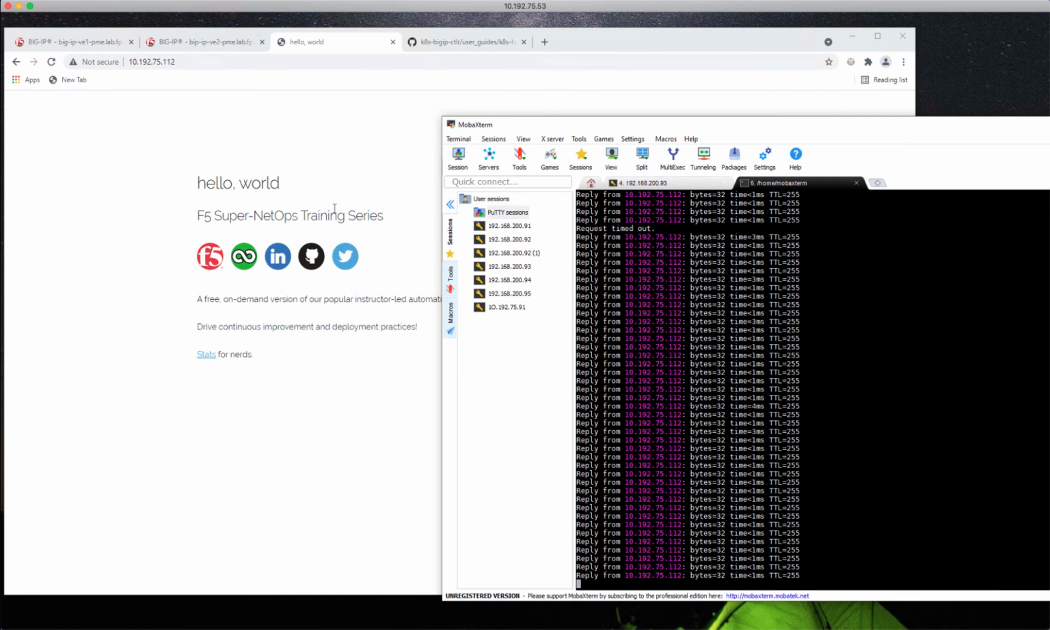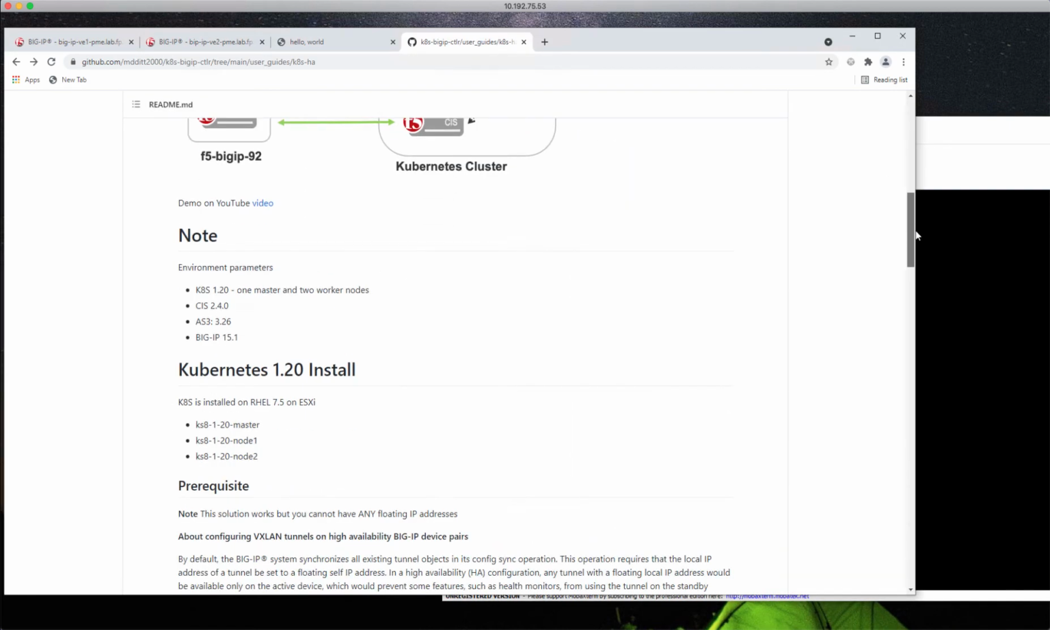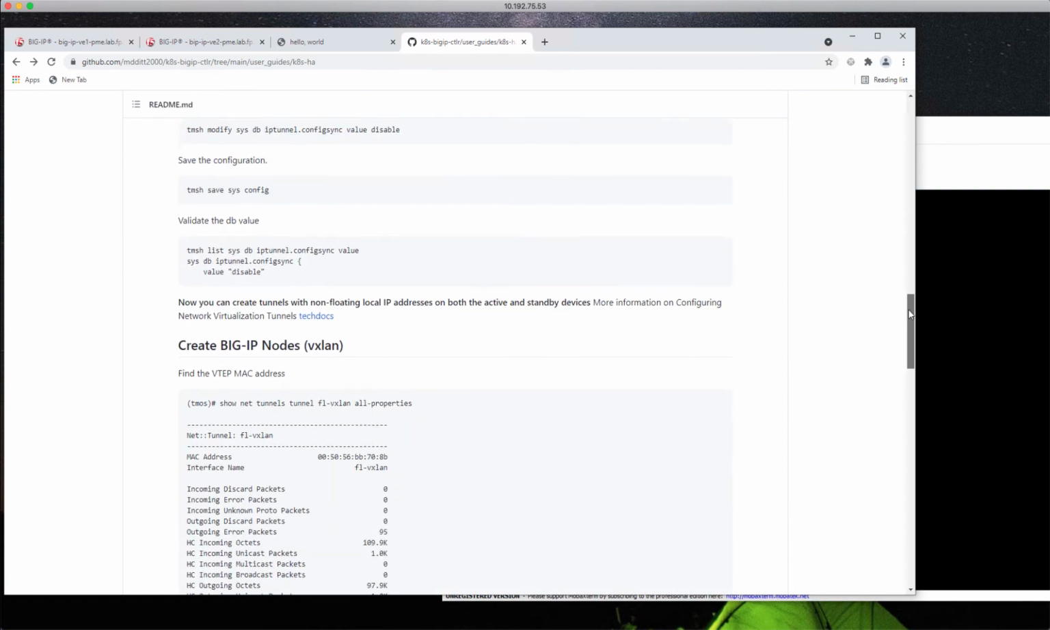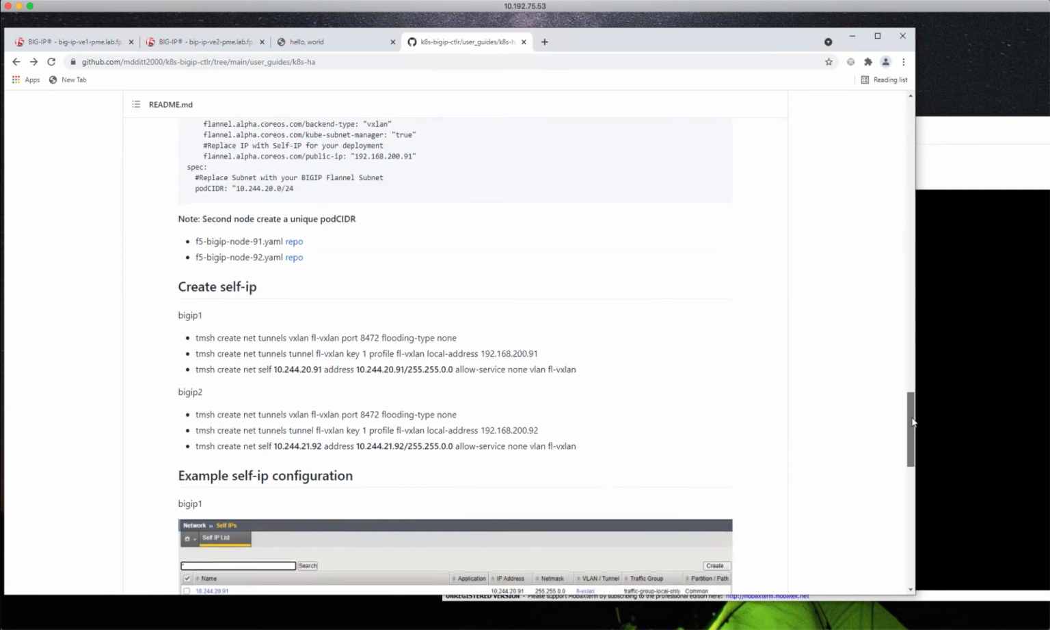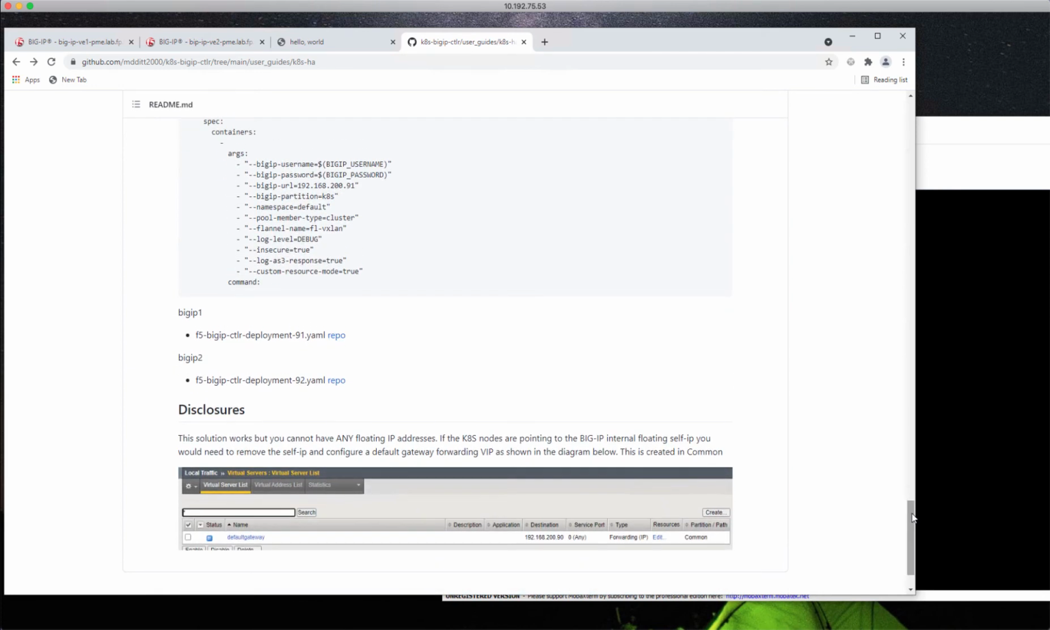What's really important here, when you follow my user guide, there are a couple of caveats at the bottom, and I want to share the caveat with this solution. So it's very important, the disclosure. So the solution only works if there's no floating addresses. So what does that mean? That means that traditionally in a BIG-IP HA cluster, we create a floating address, and the floating address is normally